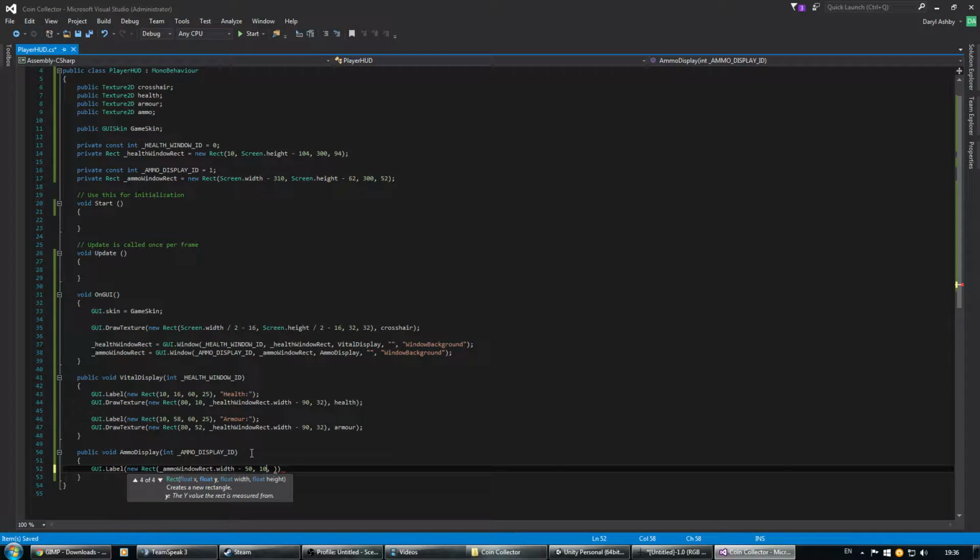Actually, let's do that 16 from the top because it's a 32 bar, isn't it? 16 from the top. Let's do that 50 and then 25. This on the other hand should be 60. And then call that